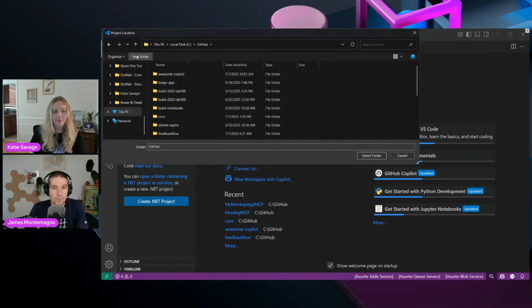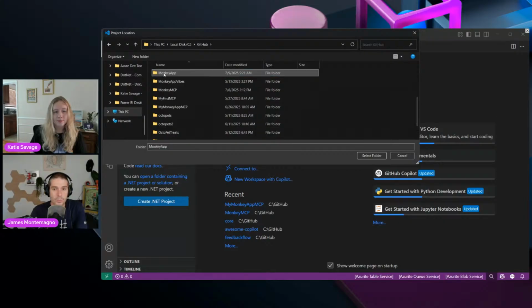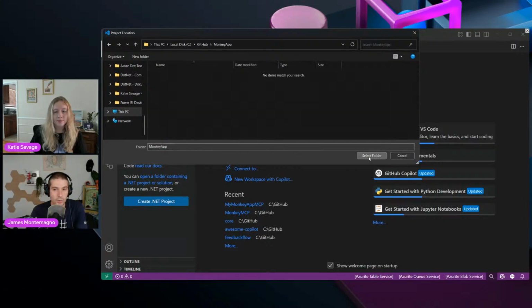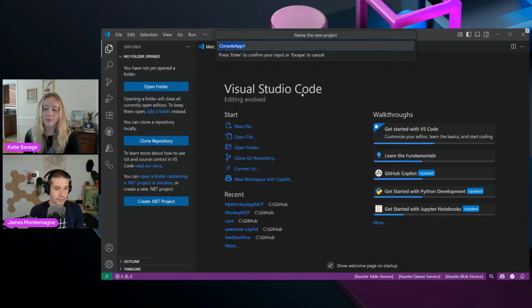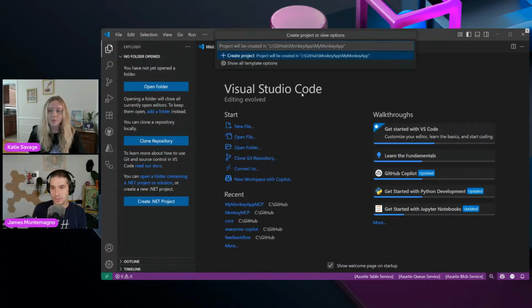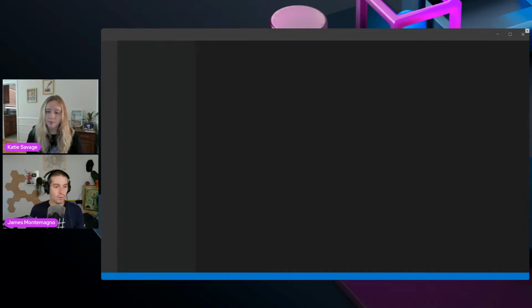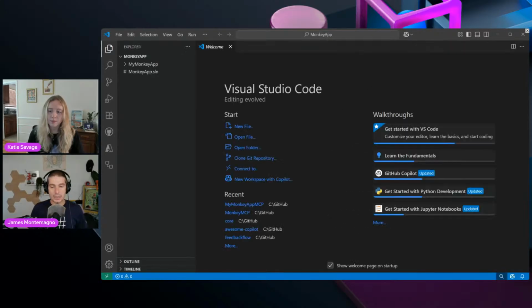So I'm going to create a new folder and call it monkey app. I'm just going to open it there and select that folder as where I want to create it. And I'm going to call this my monkey app. Now, I like to have these as different names. I actually believe that helps the model know where to put code. I feel like it sometimes gets confused if it's the same exact thing. So I'm just going to create the defaults here, monkey app, and then call it my monkey app over here. So we're there. Perfect.